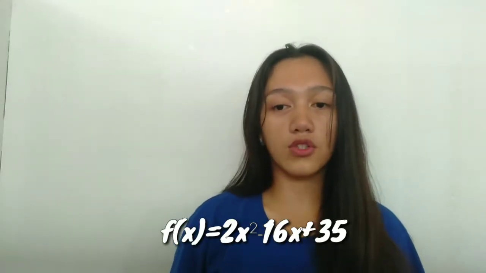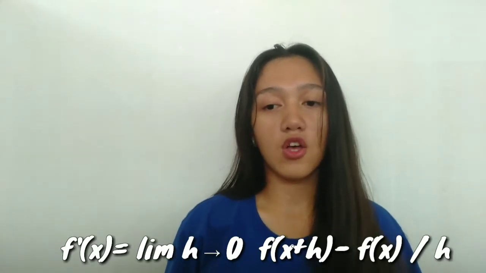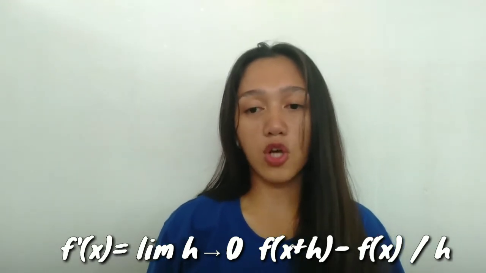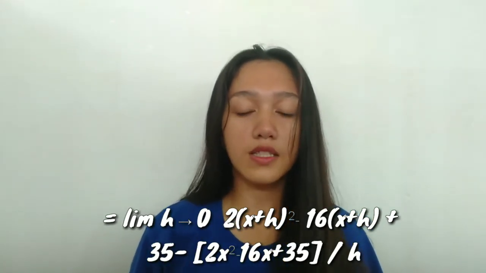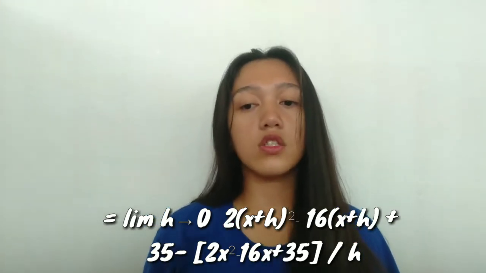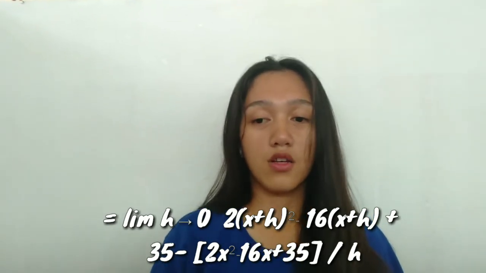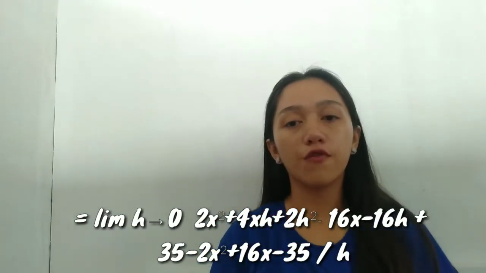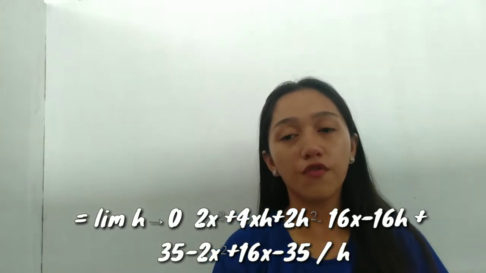f of x equals 2x squared minus 16x plus 35. F prime of x equals limit of f of x plus h minus f of x all over h as h approaches 0, equals limit of 2 times x plus h squared minus 16 times x plus h plus 35 minus the quantity of 2x squared minus 16x plus 35 all over h as h approaches 0, equals the limit of 2x squared plus 4xh plus 2h squared minus 16x minus 16h plus 35 minus